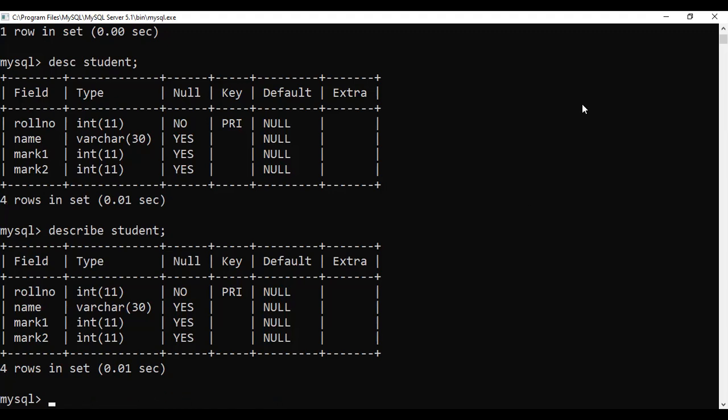So the first DDL command we have studied is create table. These all are DDL commands. Now next we will see alter table. The alter table command is used for altering the table, that means altering the structure already defined. There are mainly three things we can do. We can add a new column, drop a column, that means delete a particular column, and we can also modify the already existing constraints and data types.